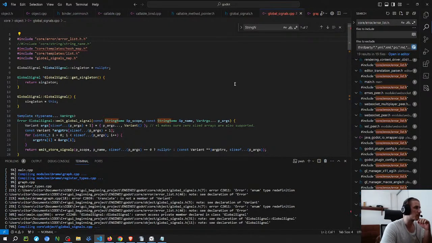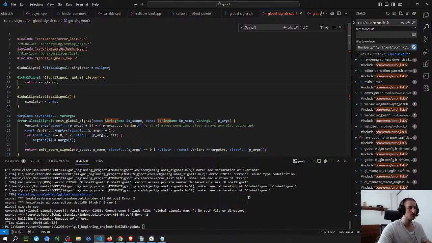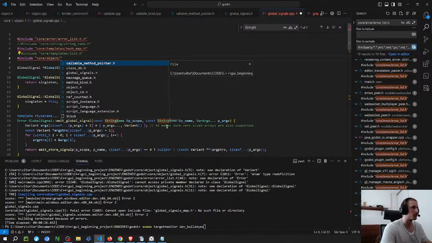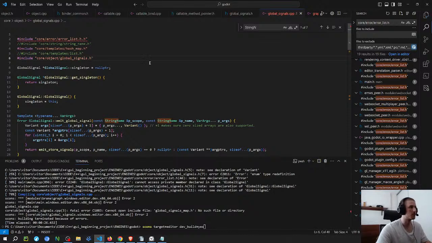The error is probably necessary. Let's try like this. Also, yeah, because I forgot core objects. It has to be from the root global signals.